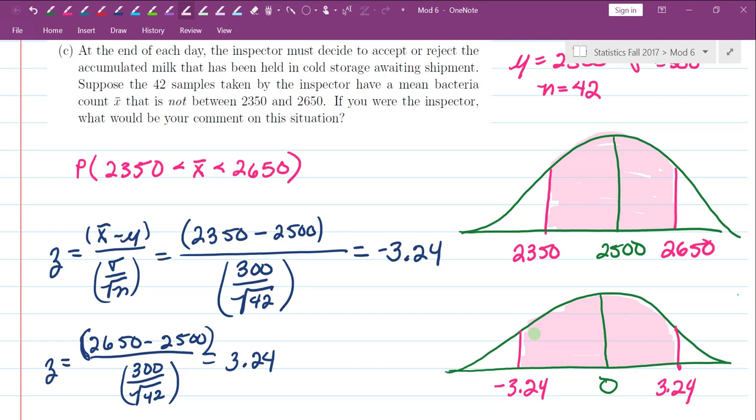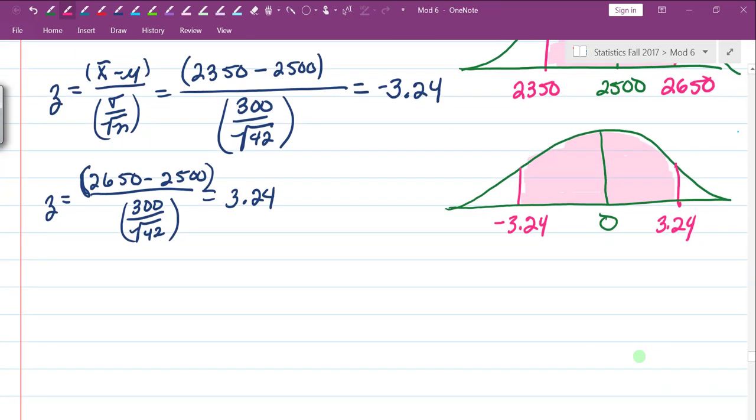So, this is going to be equal to, right here, the probability that negative 3.24 is less than z, which is less than a positive 3.24. Okay? And so I'm going to calculate this area, and then I'm going to subtract this area, and the difference is going to give me the pink area that I'm interested in. So let's look up what is the probability that z is less than 3.24. That is going to be equal to,